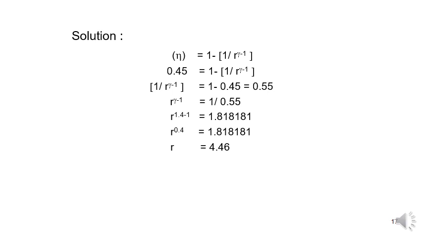We know that processes 3 to 4 and 1 to 2 are adiabatic. There we have to write the relations between temperature and volume. What are the temperature and volume relations? T2 by T1 is equal to (V1 by V2) whole power gamma minus 1, or T3 by T4 is equal to (V4 by V3) whole power gamma minus 1. For solving, at each point we have to calculate the temperature, pressure and volume, and we can use the adiabatic relationship between temperature and volume also.